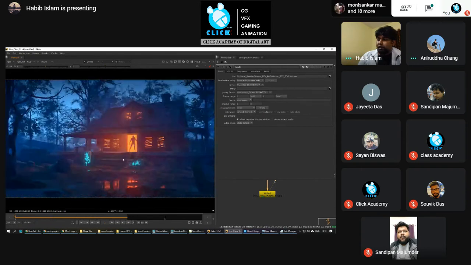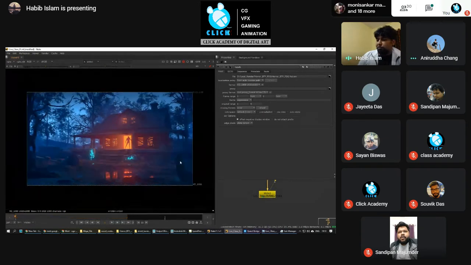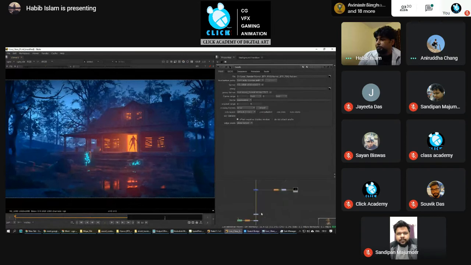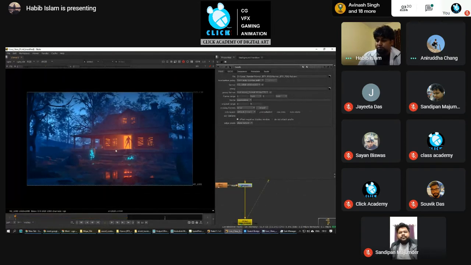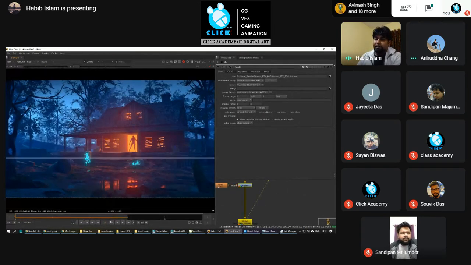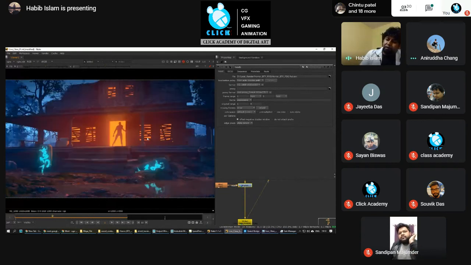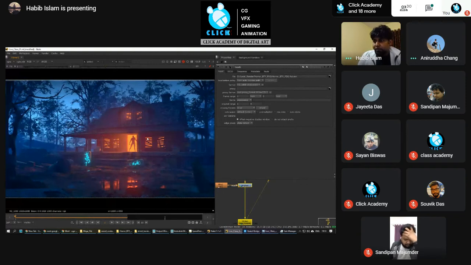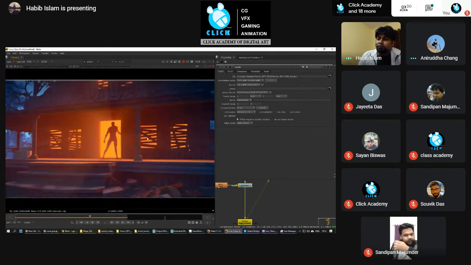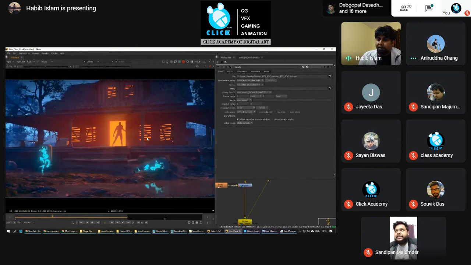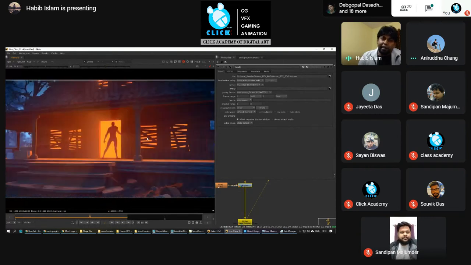And in compositing, there is only one compositing flow for all three angles. So you just change the camera angle, render that, go to compositing, reload that frame, and it will be ready for all the angles. So like this only you need to do the lighting and compositing. Whenever you are doing lighting, you need to keep in mind that it should work on all the angles as well.